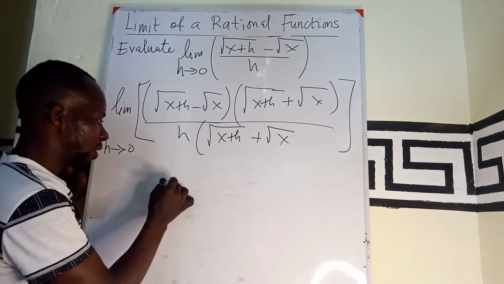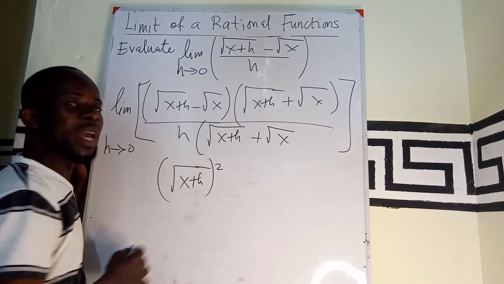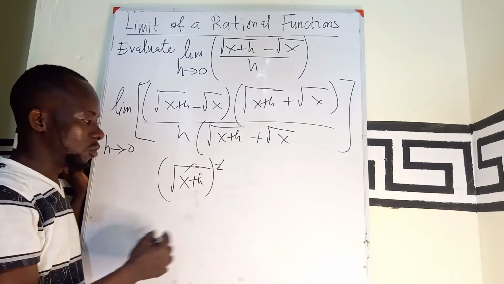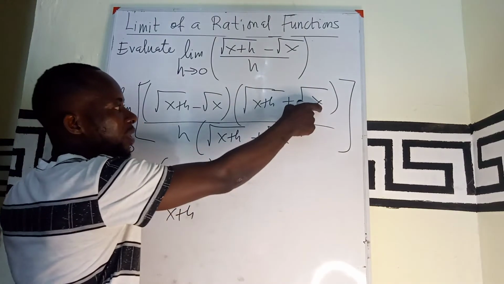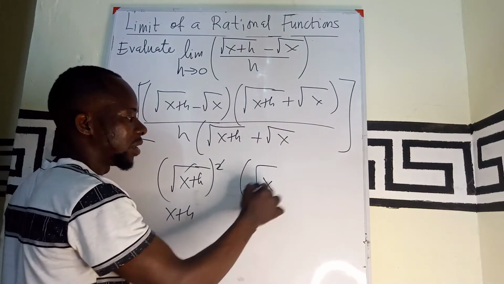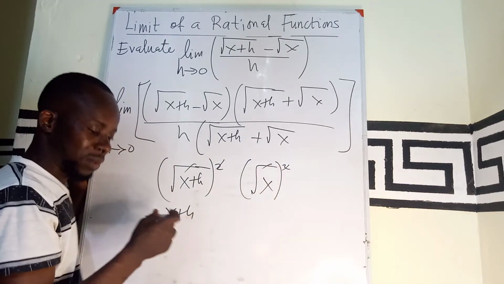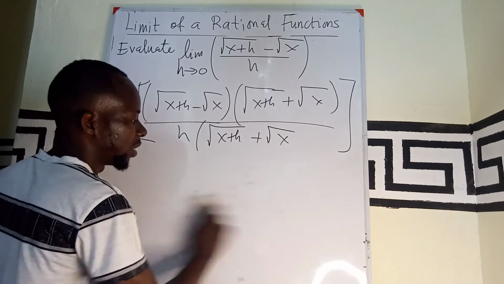If I square the root of x plus h, under indices, the square cancels the root, so we are left with only x plus h. Similarly, if I square the second term, it also cancels, giving only x. So our numerator is nothing but